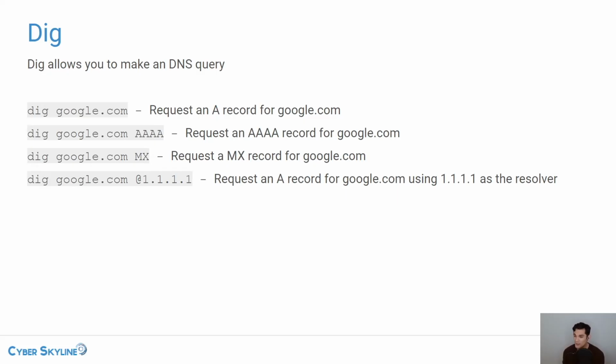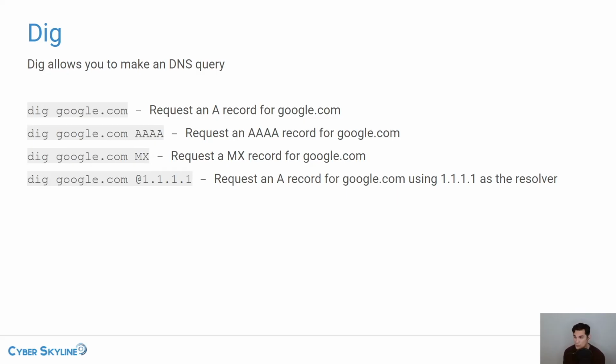They can give you incorrect data. If you try to go to google.com and your DNS resolver is malicious, they can give you a different IP address for google.com than what it actually is. And then now, instead of going to google.com, you're going to a malicious website and you're downloading some malware, right? And so it's very important that your configured DNS resolver is trustworthy. And that's why with Dig, you have the ability to specify and change that.